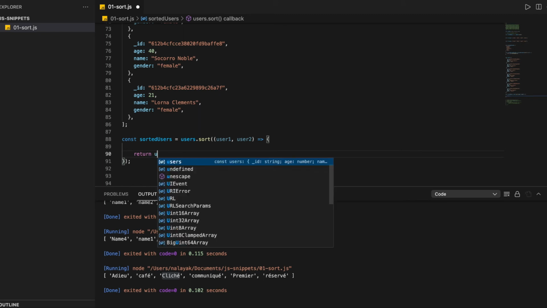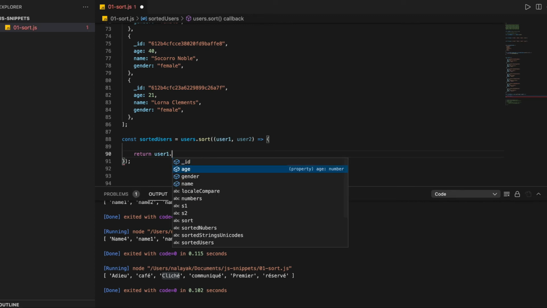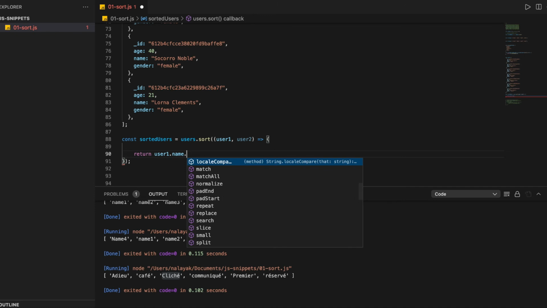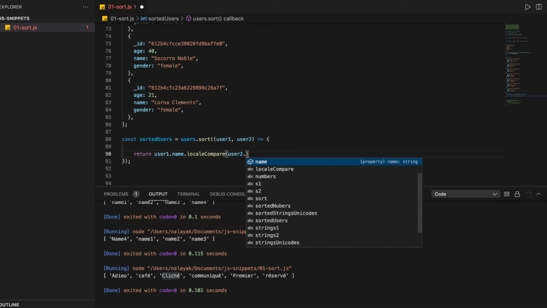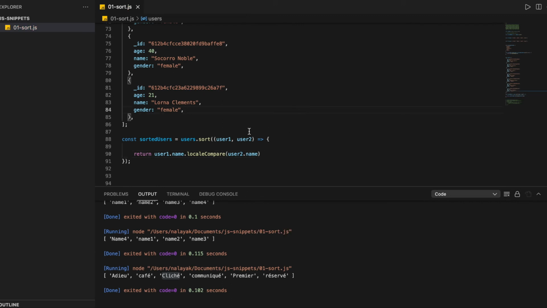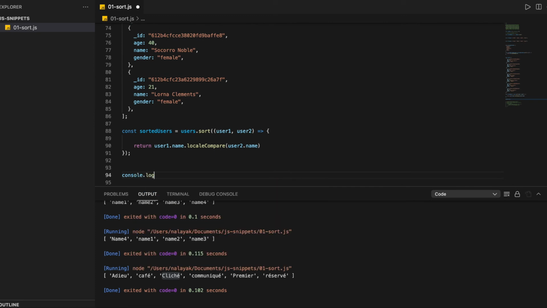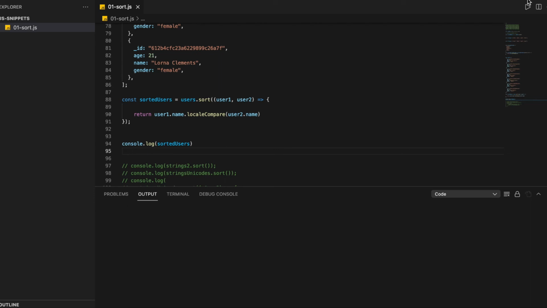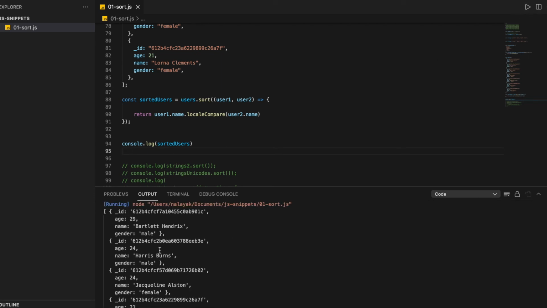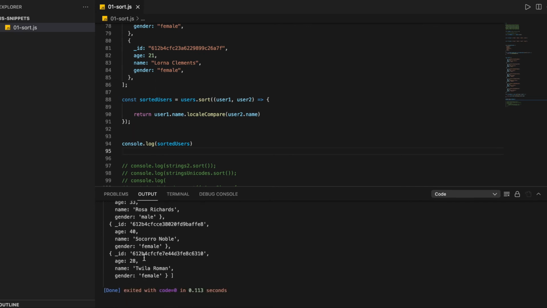So we just use user1, then name, then localeCompare, and similarly we get the name of the second object over here. Okay, now let's try to print. Okay, let's run. As you can see, my array of objects has been sorted based on the name.